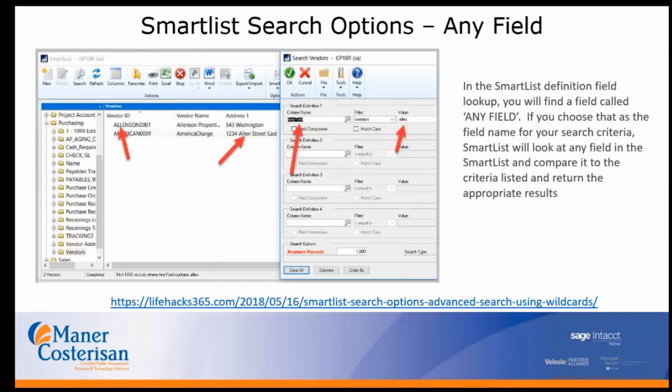Going over to Smartlist, we recommend and really encourage everyone to fully utilize the Smartlist that does come within GP. It's a great tool. It's fantastic to search and find and see anything and find everything. And there are different things that you can do. So you can search on any field. You can change your column name to be any field versus just a vendor ID name or an address